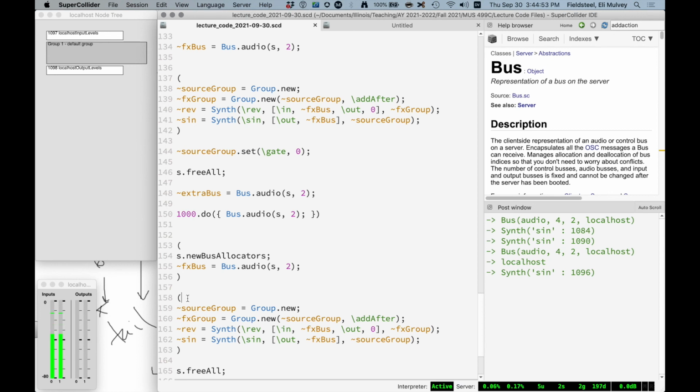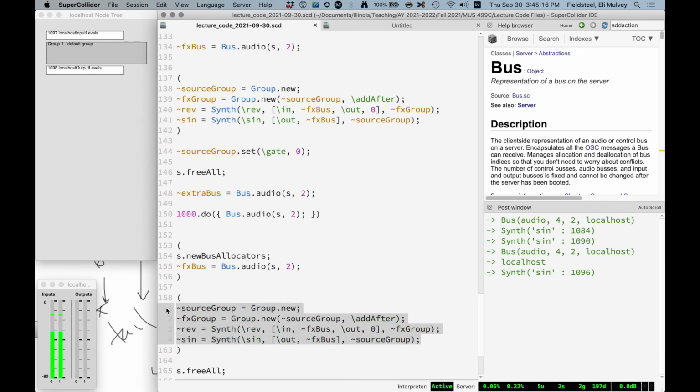There's a bit of communication that needs to take place between the language and the server. And I've never seen this fail, but I think it is theoretically possible, depending on your configuration. Maybe you're sending over a network to somebody else's server,